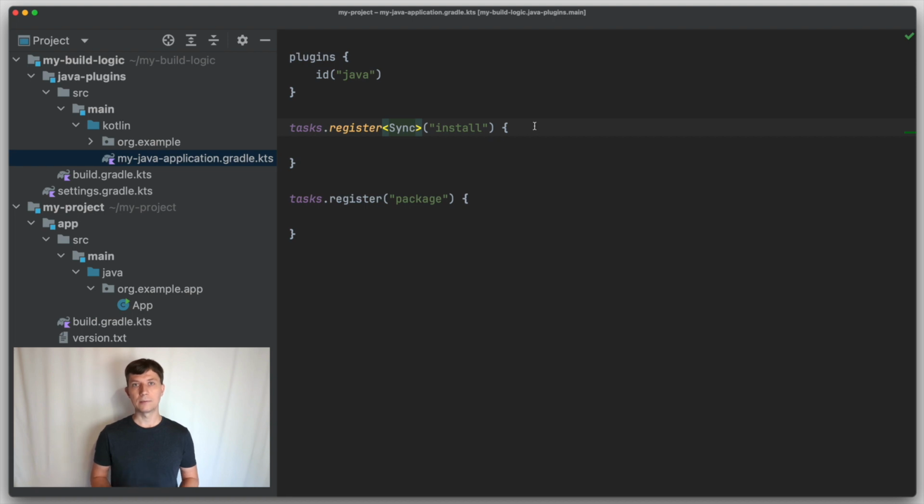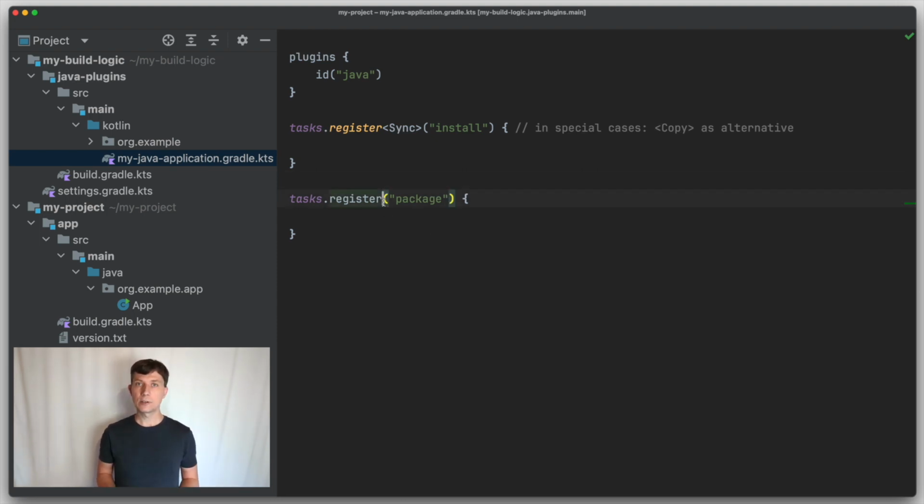So for our install task, we can use this task implementation directly and don't have to write our own tasks or something like that. There's also a similar task called copy that would blindly copy the files into the destination, keeping any old files in the destination if there are any. Therefore, you should use the sync task whenever possible, as it follows the Gradle idiom to always have a clean output location for a task which is not filled with files or anything from some other tool or other task. There could be special cases, for example, if you copy files outside of your build folder for a final installation where you need to use the copy task.